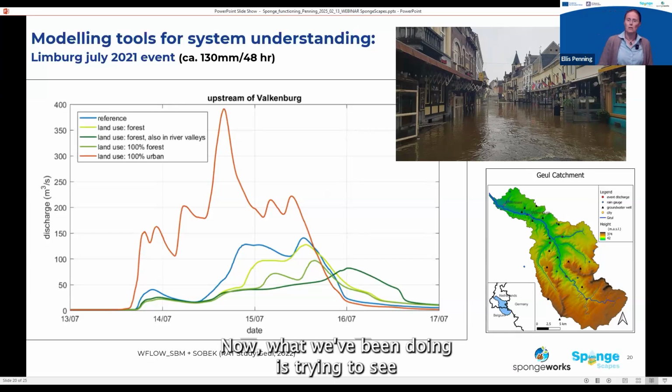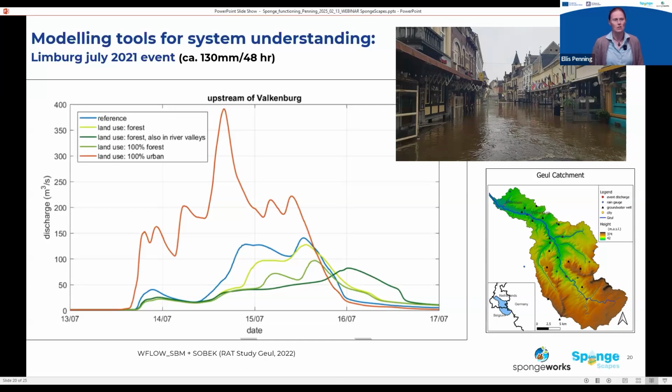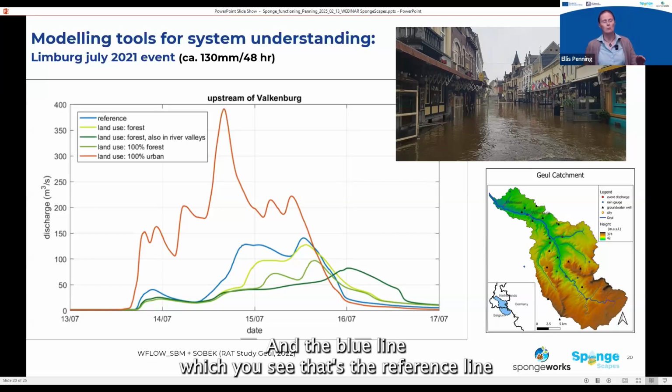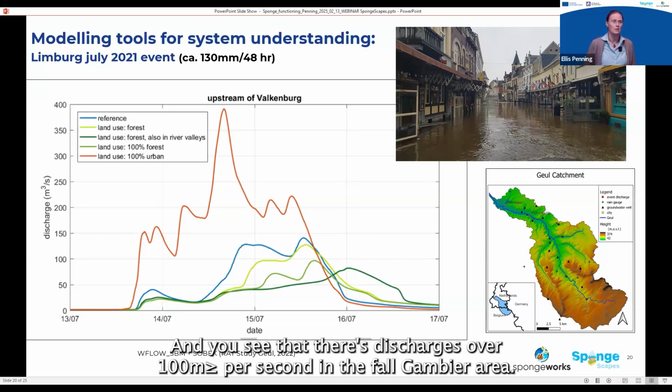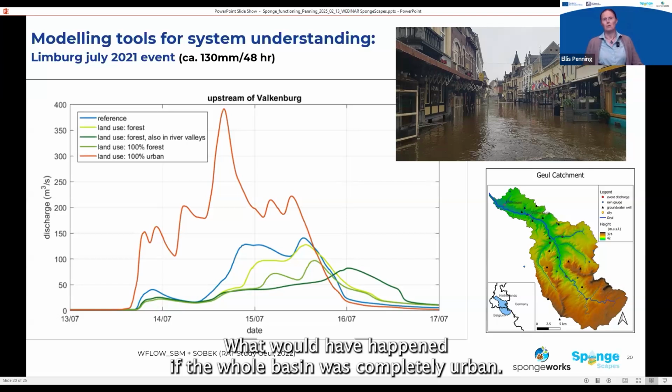Now, what we've been doing is to see how this catchment actually responds to that flood. We've done some quick calculation assessments. The blue line you see is the reference line, that's what actually happened. And you see discharges over 100 cubic meters per second in the Valkenburg area. So we did a calculation as the red line: what would have happened if the whole basin was completely paved, so that there's no